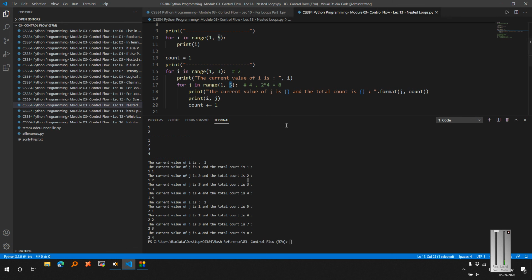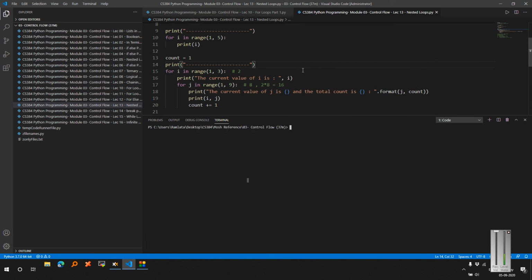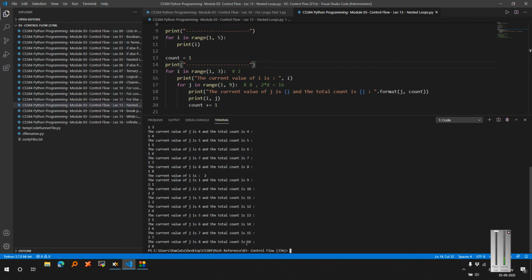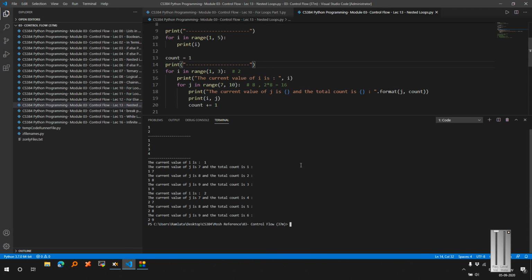Now let us increase this. So when I increase this to, let's say, 9, the number of times this will execute is 9 minus 1, which is 8. 2 into 8 is 16. Okay, and now when I run the code, you can see this executes 16 times. And you can have any series. So I'm beginning from 1 to 3, and let's say this series was from 7 to 10. So you get 1 7, 1 8, 1 9, 2 7, 2 8, 2 9: for one value, 7, 8, 9, for the second value, 7, 8, 9.